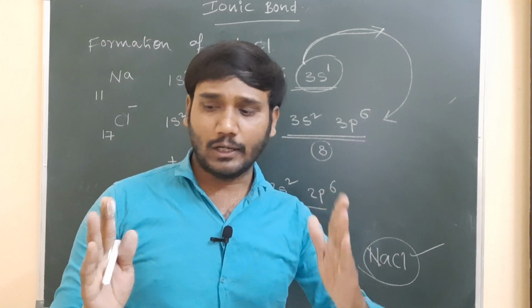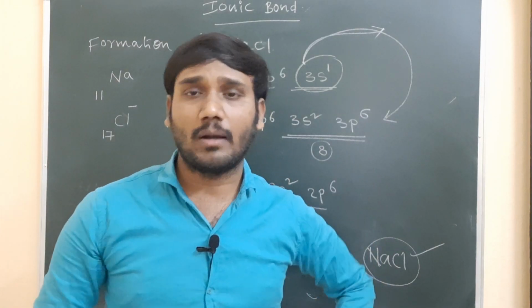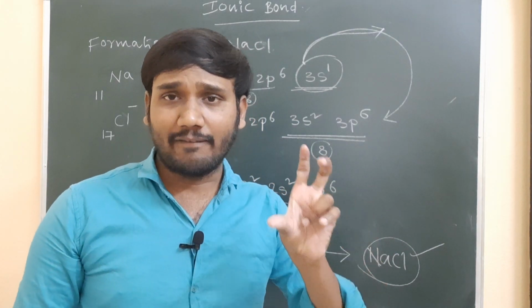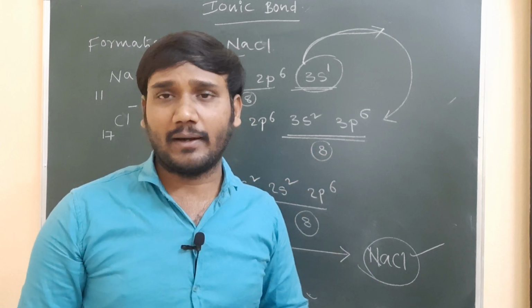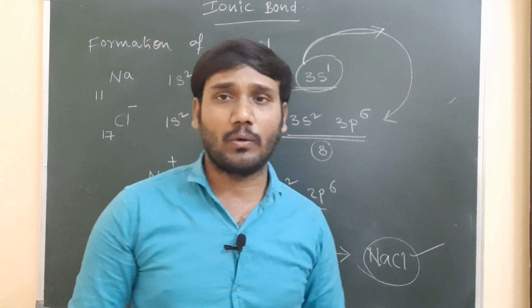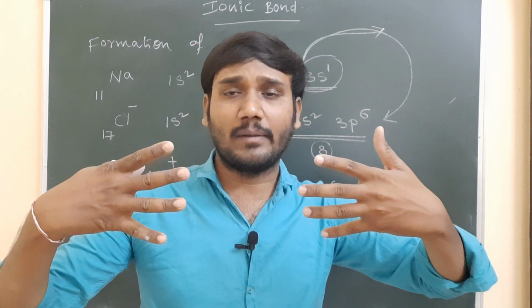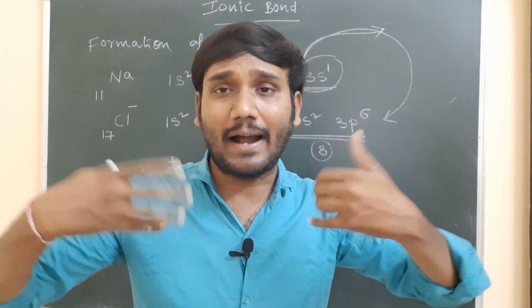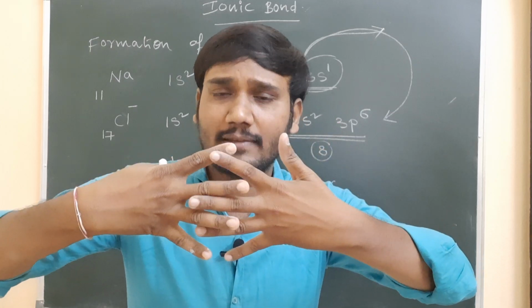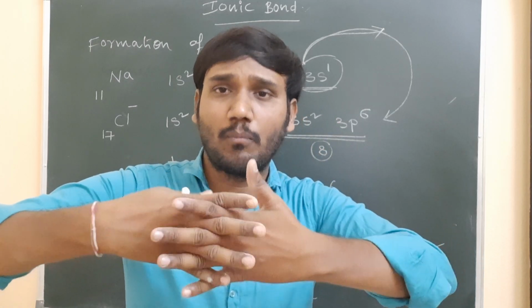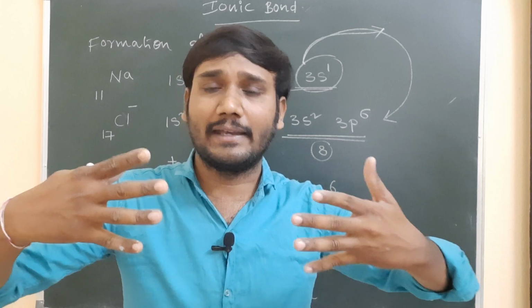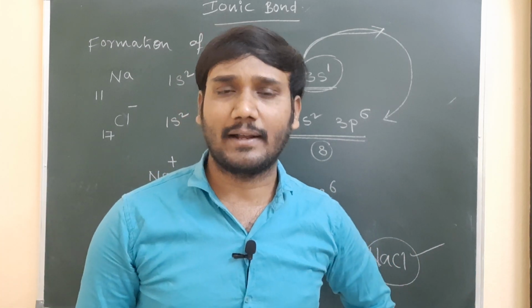Due to that, the two oppositely charged ions come close to each other and form a very closely packed arrangement, because the attractions are very strong. So here, for example, this is a negative ion and this is a positive ion. If the attraction between these two is more, the two ions come very close to each other, and we cannot break them easily. We can say a very strong force of attraction is present.